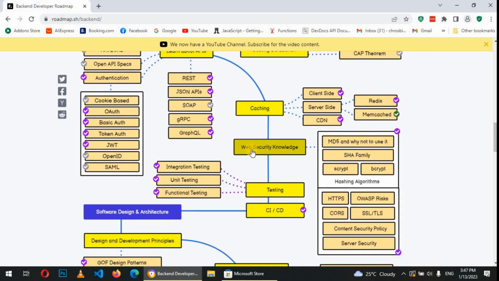After this, you can go to web security, and from here you have all these things to learn: encryption, hashing and algorithms, HTTPS, all these, content security, server security, etc. And then with this, you can also go into testing, and then you could go with unit testing since it's the one mostly used. And after this, continuous integration and continuous delivery, which then you could go and start doing